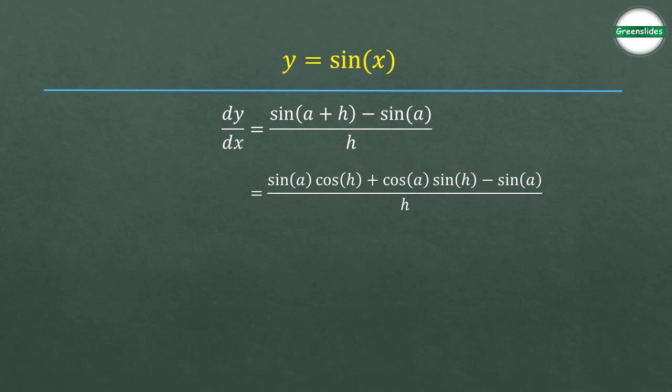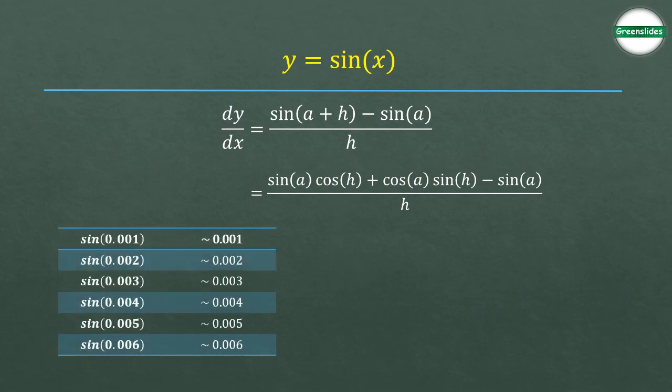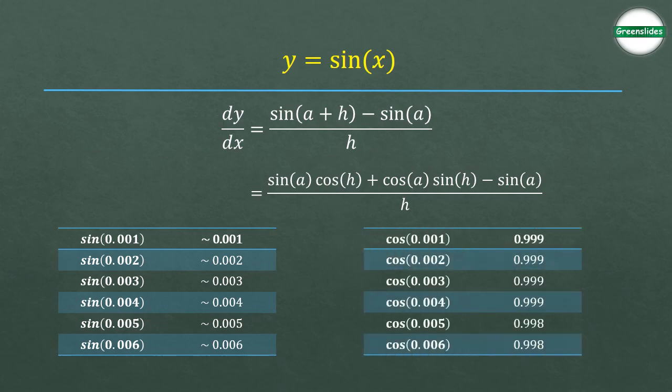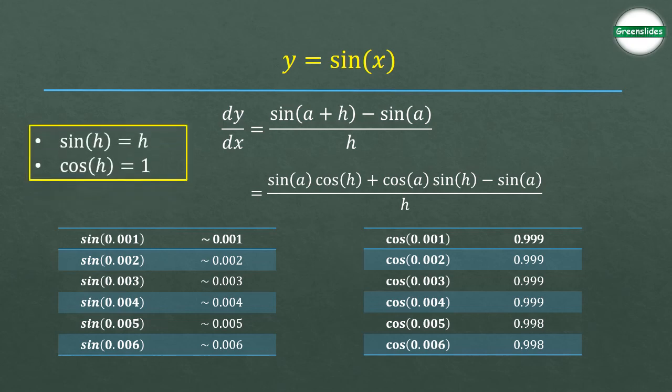Here is a task for you. Take up your calculator and calculate the value of sine on 0.001, 0.002, 0.003, similar quantities, because they are very small quantities. So write sine 0.001 and see what you get. Alright. Similarly, calculate the value of cos on the same angles and see what you get. If you observe, for very small angles, sine h is almost equal to h and cos h is nearly equal to 1. Right? You have the table in front of you.